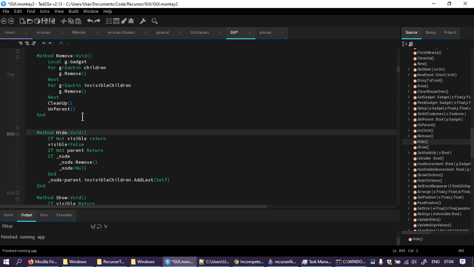In fact, I'm surprised that none of this has ever become a problem, and I would say that the reason it has not is because hiding and showing gadgets is so often part of an update, you know, a thing to update a GUI,